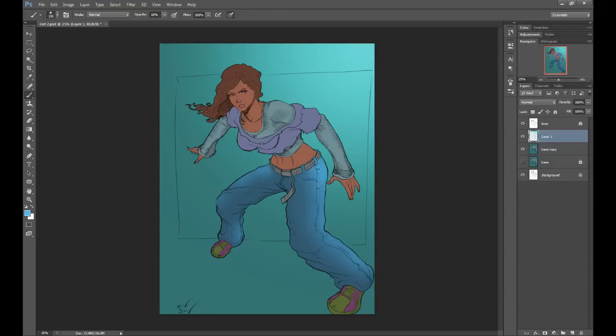Now, to make your brush bigger or smaller really easily, I think they're the little ellipse keys. They're beside the P on the keyboard. One makes it smaller. One makes it bigger. And there you go. So we're just going to come through here where, you know, we kind of already set